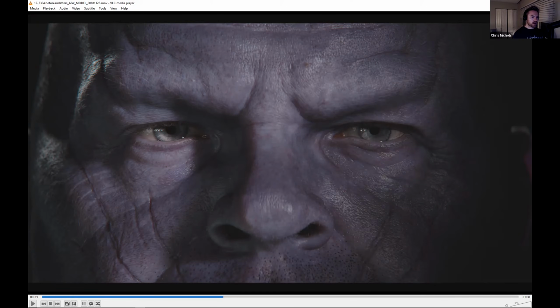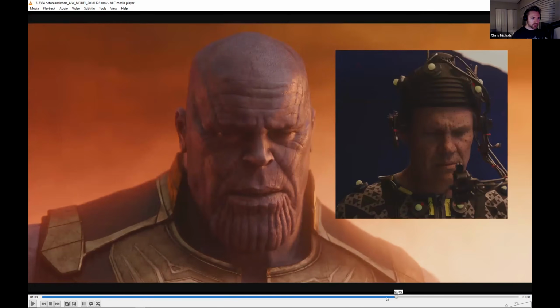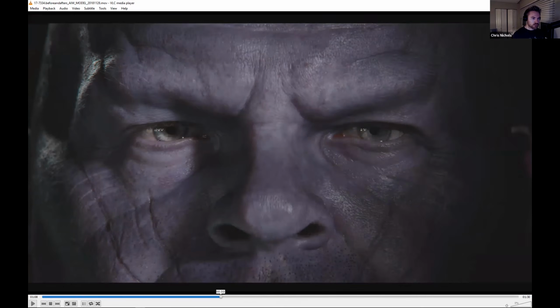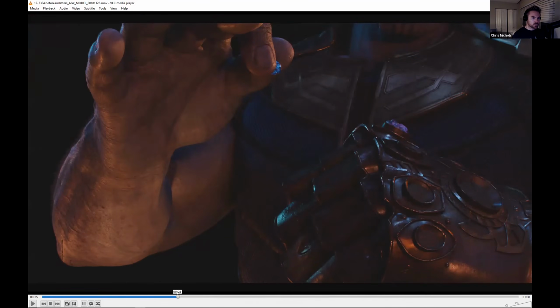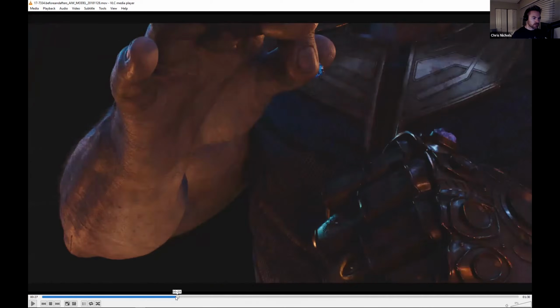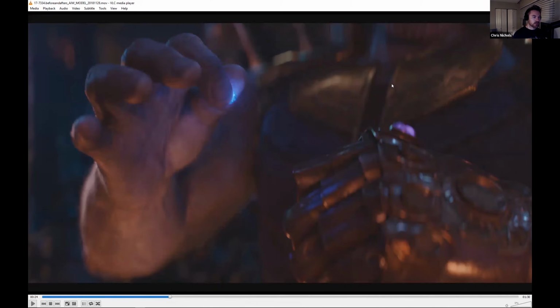The clothing was done by different people, like the armor that he wears, and even his casual outfit that he was wearing underneath the armor. That was done by different modelers, different texture painters. But I oversaw the process, being a texture lead on the show, so I was giving feedback and also relaying information from other supervisors to the team. So my team on Endgame was about 20 texture painters. That was over the entire show.